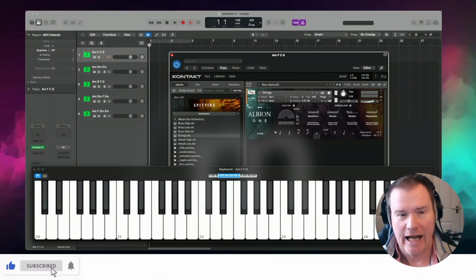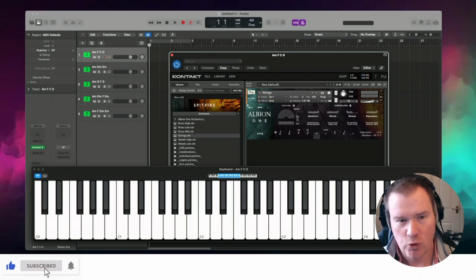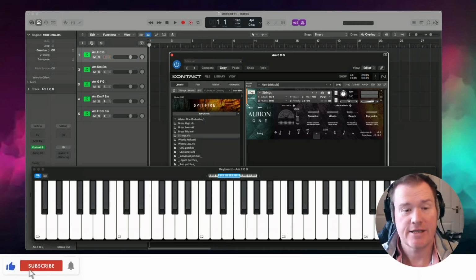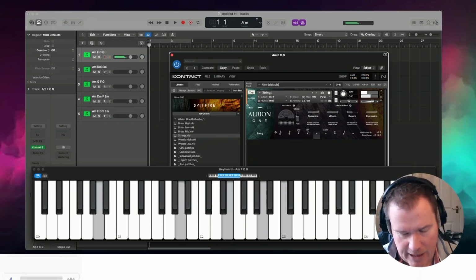Next up, we've got A minor, D minor, E minor. Now I picked this one because it's 3 chords. You don't always have to write in 4 chord structures. So this sounds simple but powerful. It's great for building tension, especially if you can loop it. And as you'll hear as we play through it,